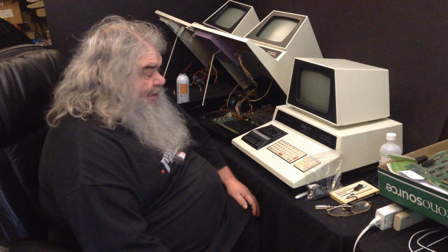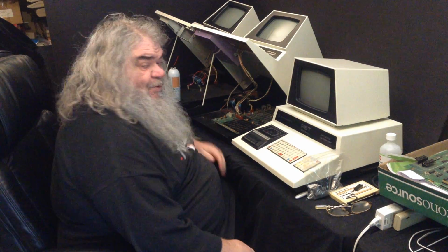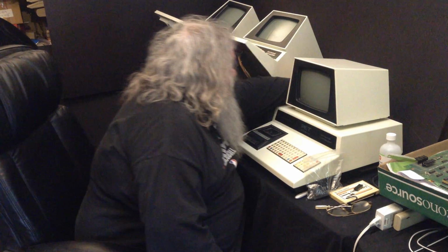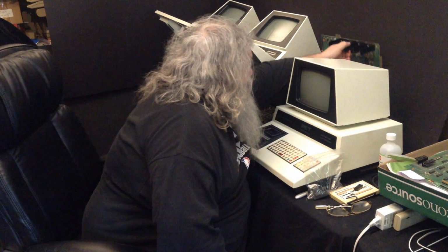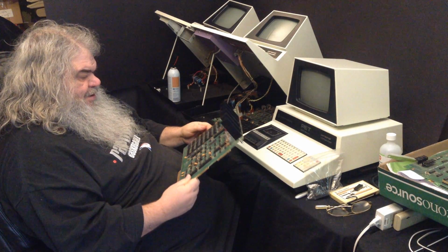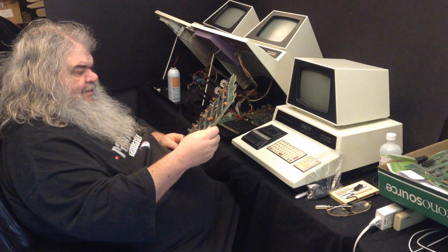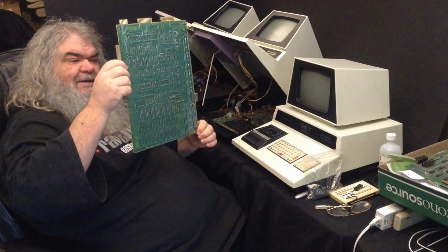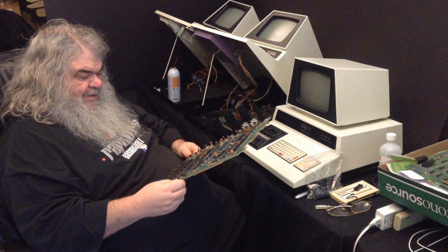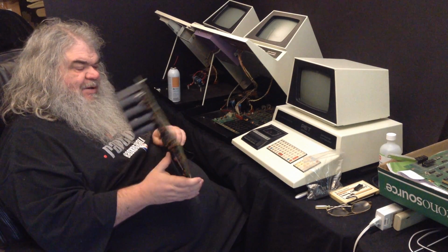Now the other thing I have is, of course, this other pet here that I really don't know much about. What I have done in the last night is I did take the now unpopulated circuit board out, and I have been looking at it. And of course, what can you really tell by looking? I mean, I don't see any damage. It was not fully populated when I got it. I've certainly made off with some RAM chips